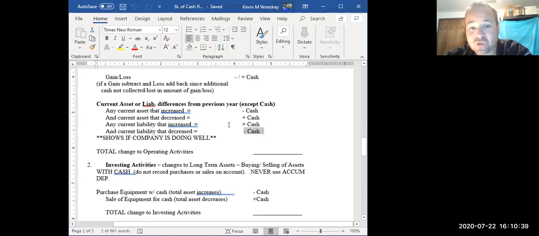Then what we're going to do is total up this first section. And we're going to take our net income and then plus or minus all of these that we have. And we're going to get one final number. And in almost most circumstances in our operating section, this is going to be a positive number. And it's going to say total cash provided